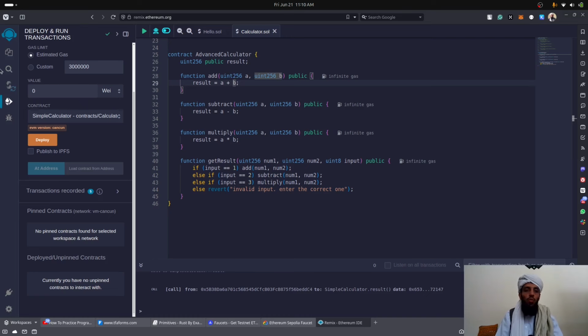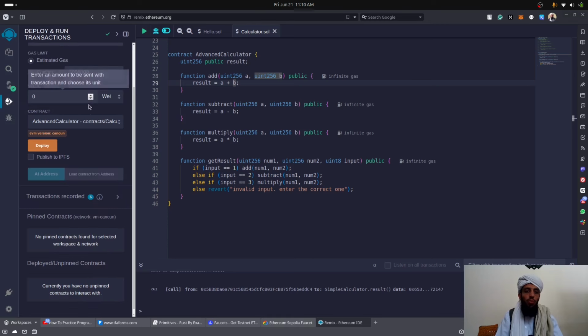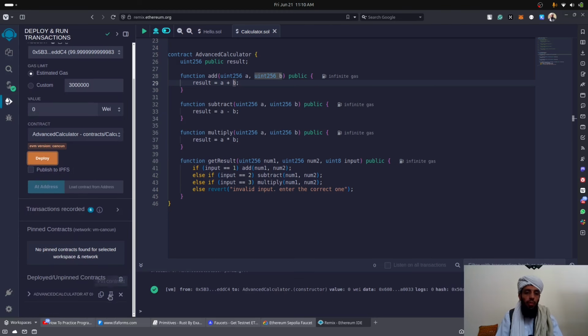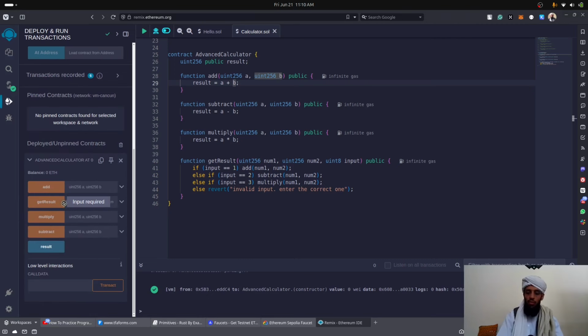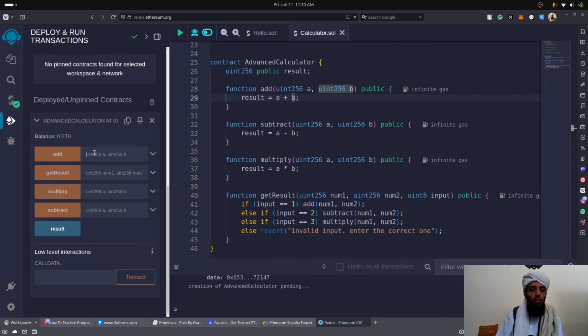So let's work on this. First of all, let's compile this. It is compiled. It is going to be working on the advanced calculator. You can see here this is the advanced calculator, and after that this is deploy. Let's open the advanced calculator, and inside this we will see the advanced calculator. First of all I will write this add. So inside this add,